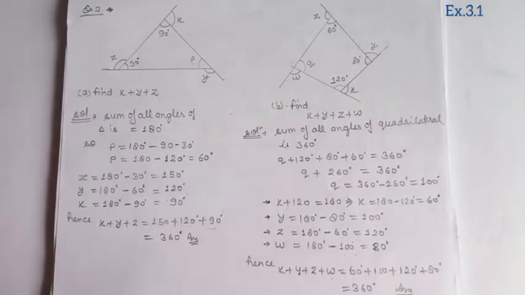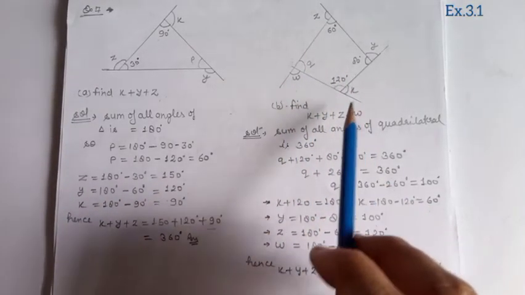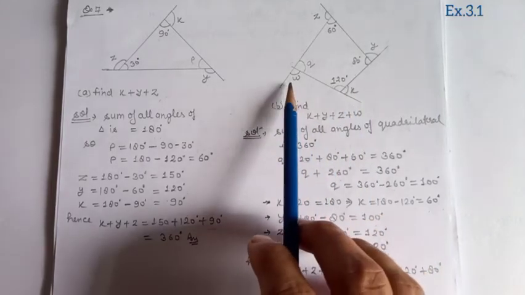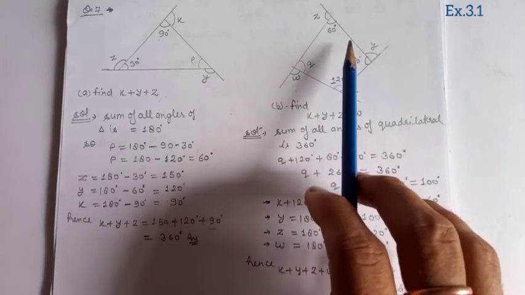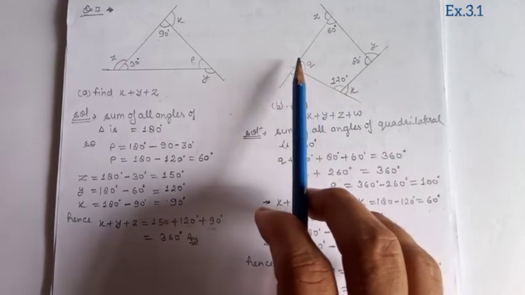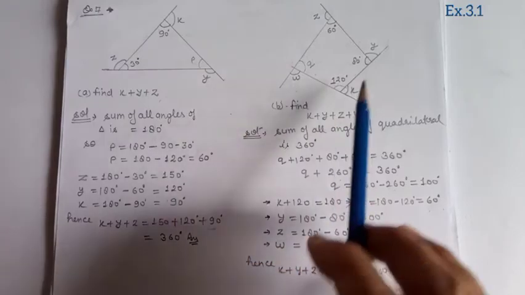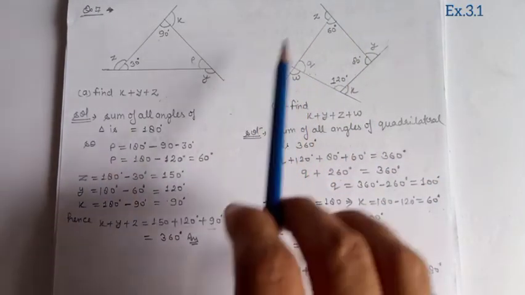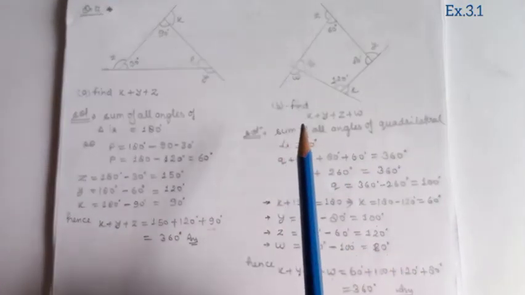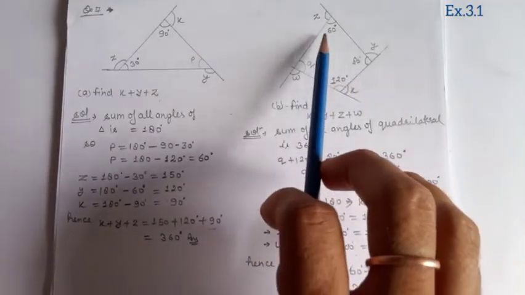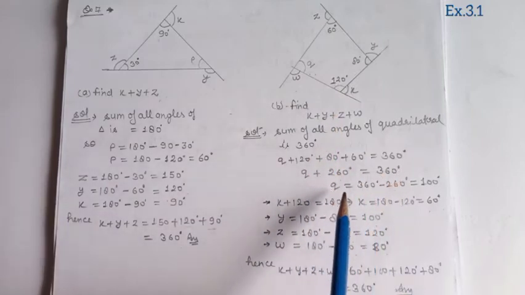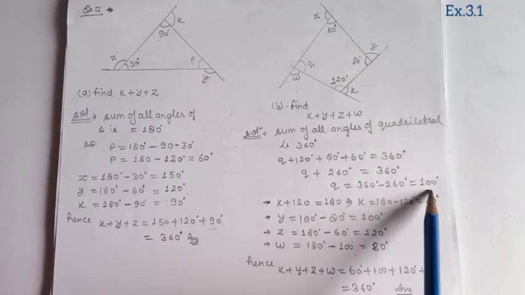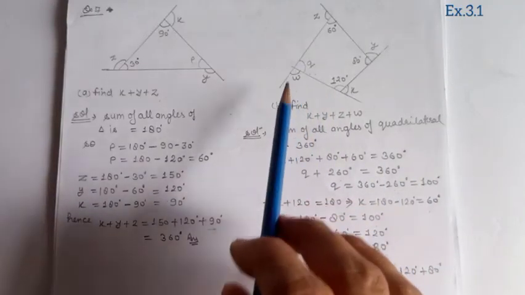Now the second part of question 7. Here is a figure, and we have to find x, y, z and w. In a similar way, students, here is w, and inside, the rest of the interior angles are given, so assume the remaining angle as q. How will we find this angle? By using the angle sum property. It is a quadrilateral, so the angle sum property of a quadrilateral is 360. Subtract all these angles from 360, so we obtain q equal to 360 minus 260, which is 100.